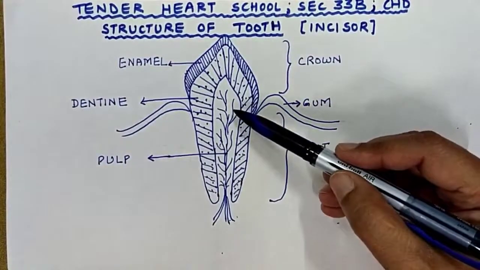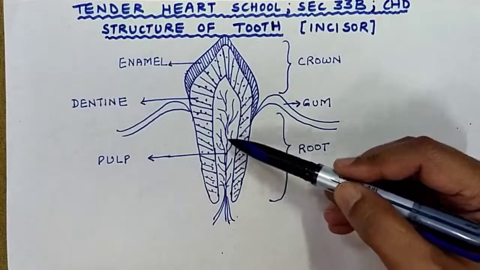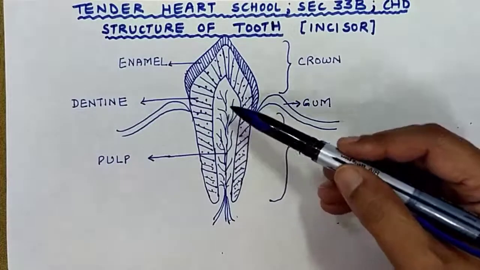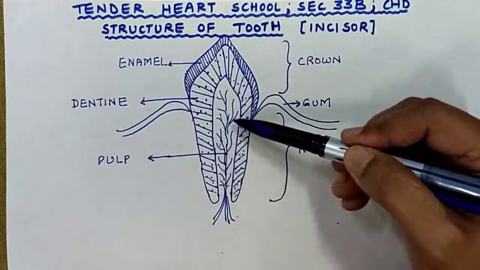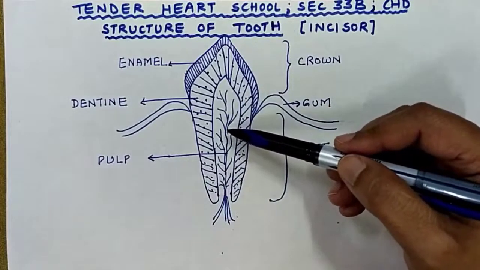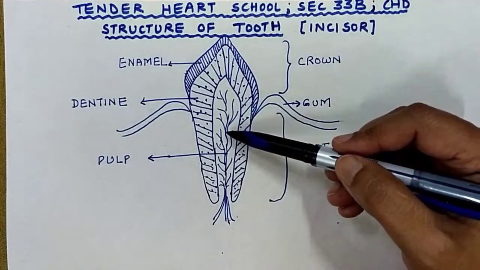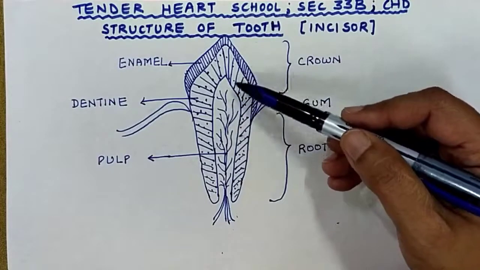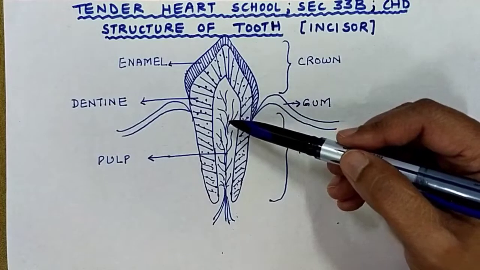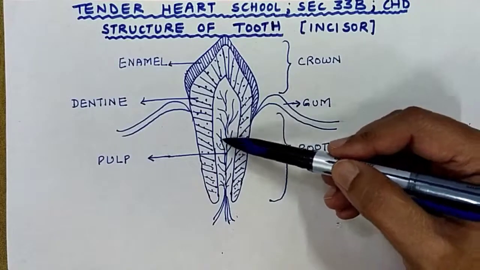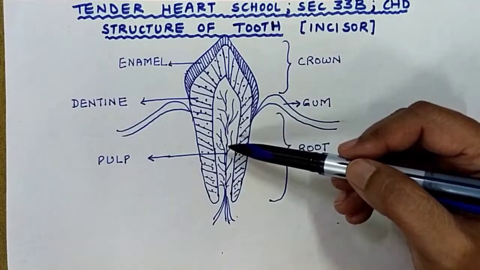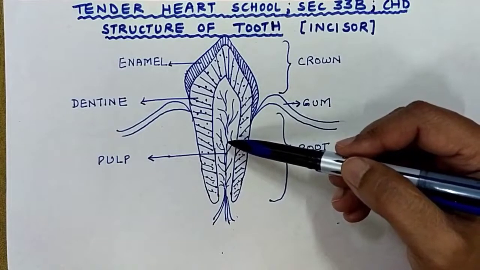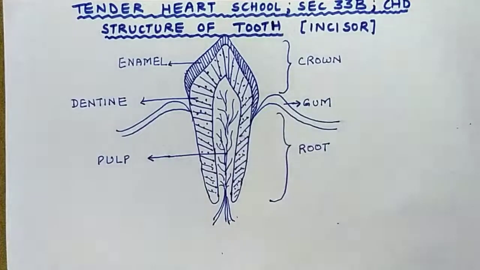Now see again, this is the pulp. Pulp is a soft connective tissue which is present in the central cavity, that is called the pulp cavity of the tooth. Right? Now this pulp consists of blood capillaries which are providing nourishment to the tooth. Lymph vessels may be present, and even nerve fibers are present in the central pulp cavity of the tooth. That is why we get the tooth pain, because the nerves are present in the pulp region of the tooth. Got it?